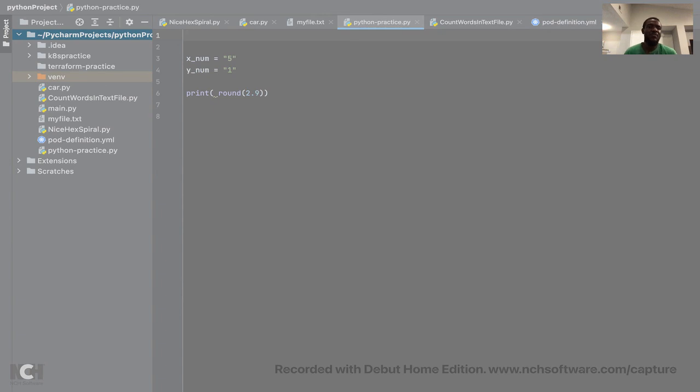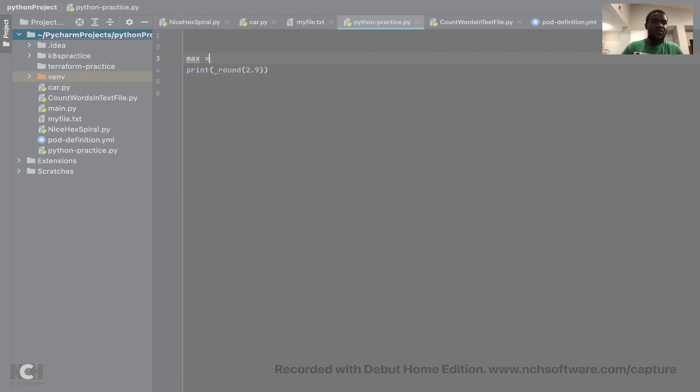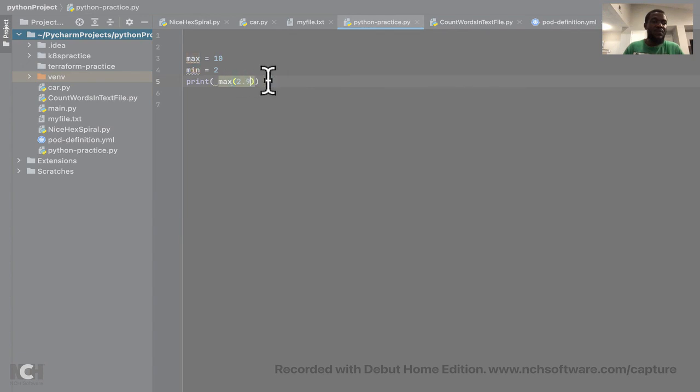So you can also use a maximum number, right? For example, you can come here and say maximum number equal to 10, right? And then you can also say minimum number equal to 2, and then you ask Python to print the max. You can ask Python to print a max number for you. Just remove this inside here. So you ask Python